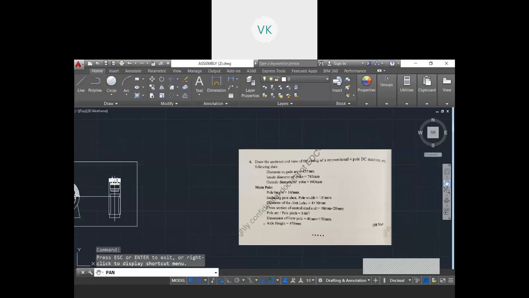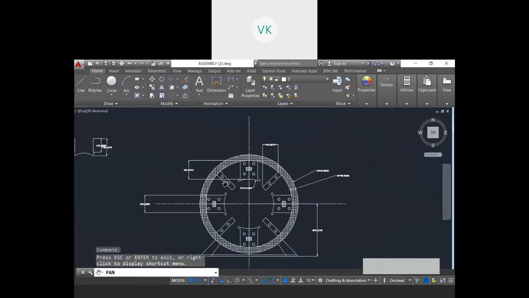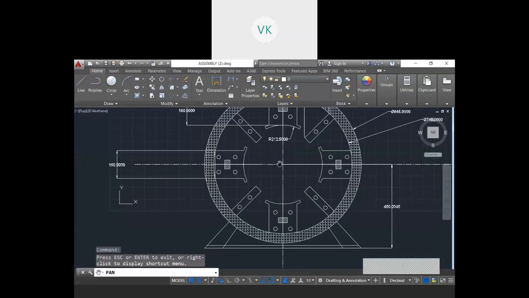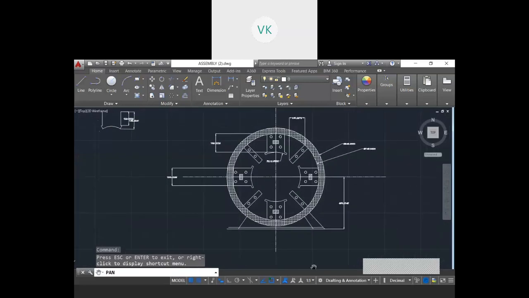When it is not given, from whatever pole height is given, remove 30 mm and keep it for the pole shoe or pole arch. The rest will be your pole height. So it will be visible like a pole shoe. You can make this out in this problem. Here it is actually visible like that.